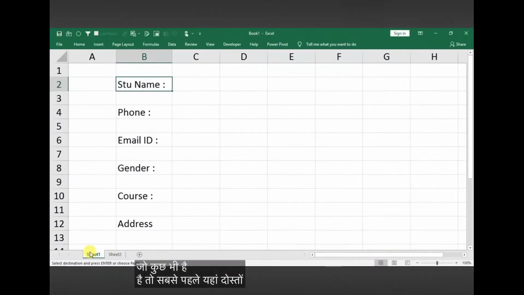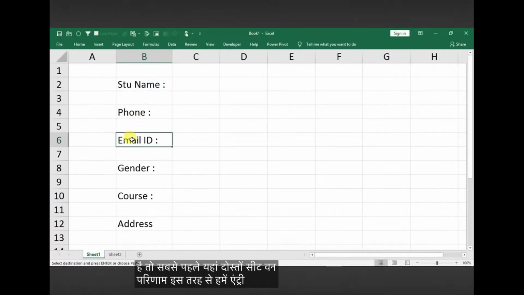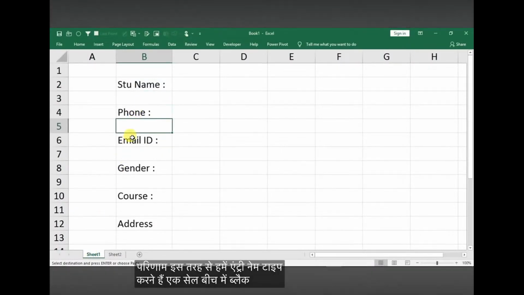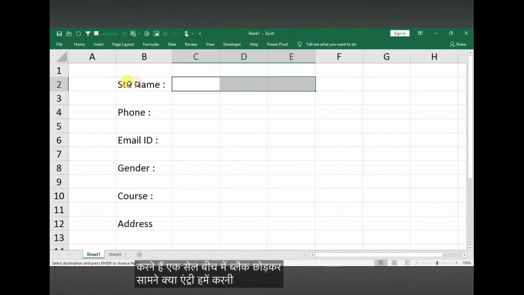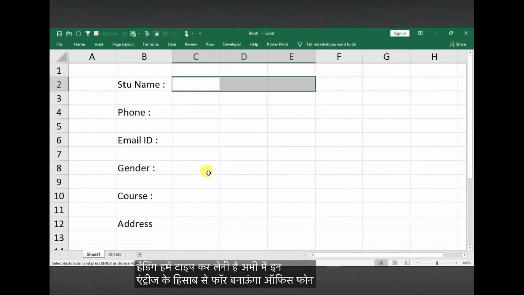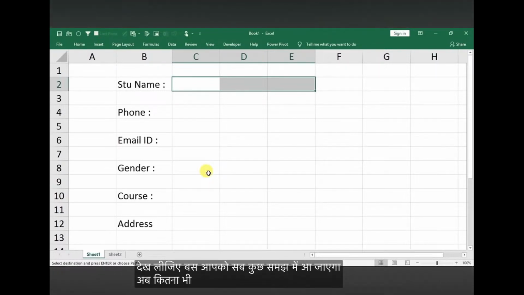तो सबसे पहले यहां दोस्तों सीट 1 पे इस तरह से हमें एंट्री नेम टाइप करनी है, एक एक सेल बीच में ब्लैंक छोड़ के, सामने क्या एंट्री हमें करनी है उसकी हेडिंग हमें टाइप कर लेनी है। अभी मैं इन एंट्रीज के हिसाब से फॉर्म बनाऊंगा, आप इस फॉर्म को खुद से भी कस्टमाइज कर सकते हो, वीडियो देख लीजिए बस, आपको सब कुछ समझ में आ जाएगा, आप कितना भी बड़ा फॉर्म खुद से बना सकते हो।